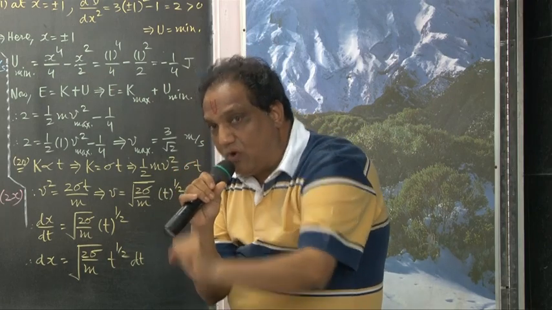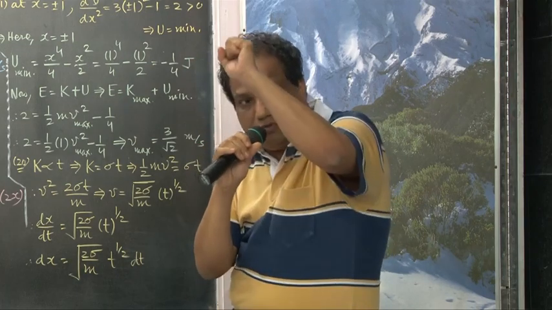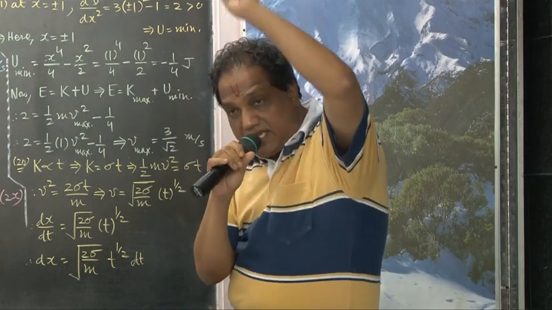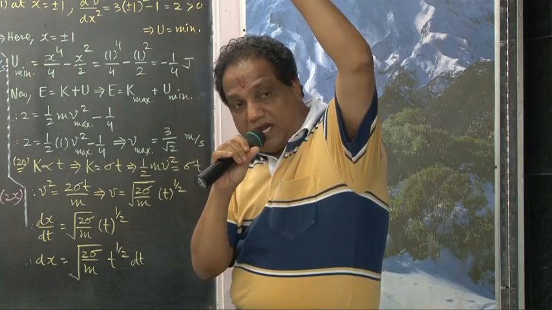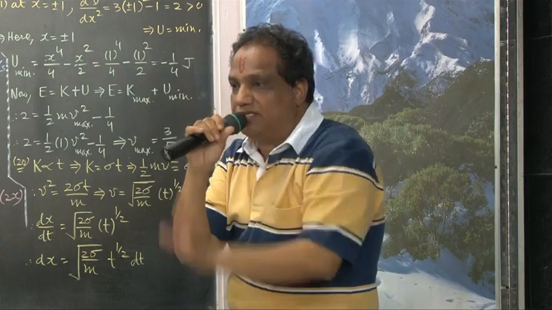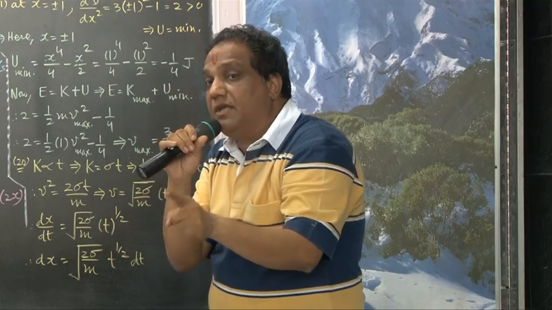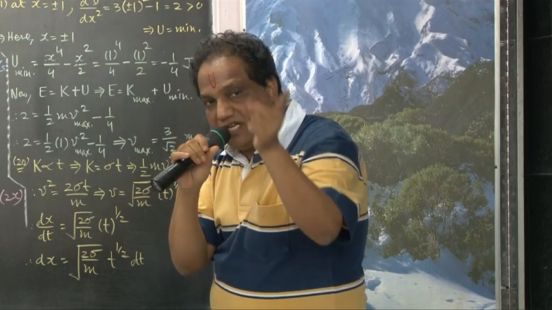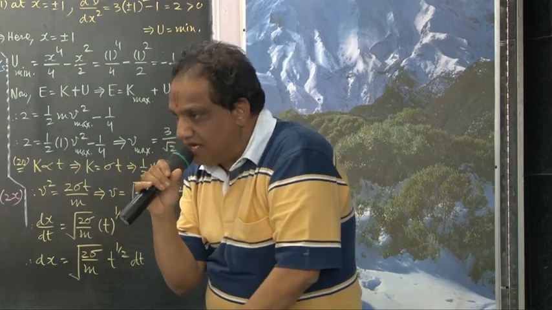So because of buoyant force, work is done on the balloon. When work is done on the balloon, its kinetic energy increases, and because it keeps rising above ground level continuously, the height is increasing, so gravitational potential energy will increase only for the balloon. What is decreasing in the potential energy is not only for the balloon, that is for the entire system made up of balloon and earth. Okay.